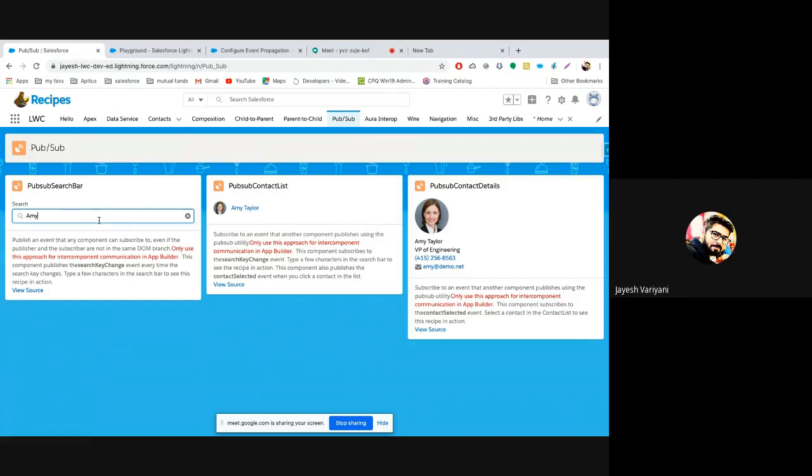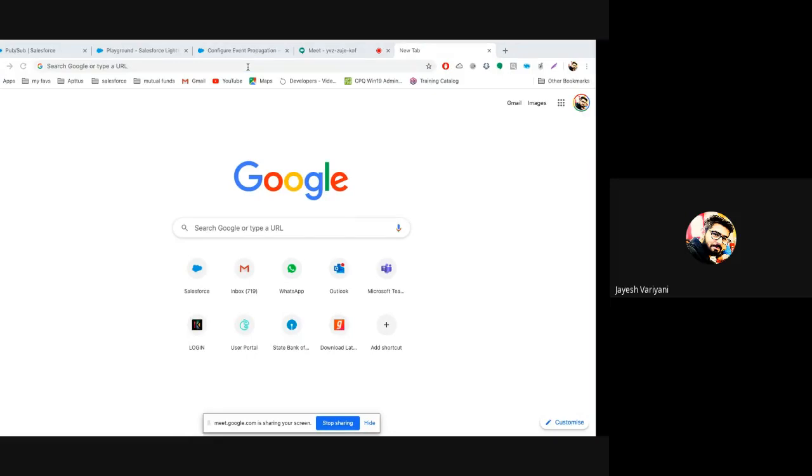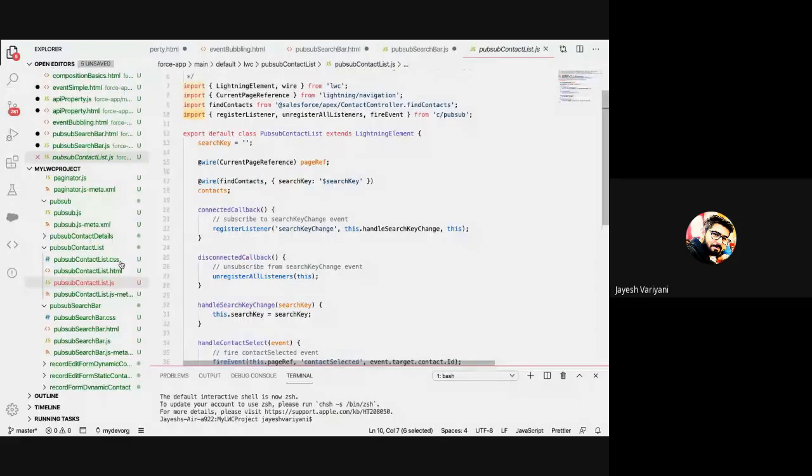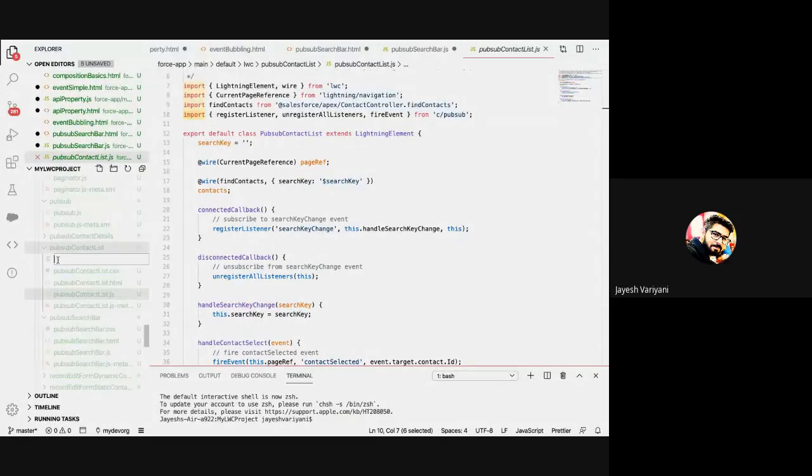Okay, yeah, it's the same. See, even I was opening that Git repository only. Okay, what I will do is I will get this file, and then I'll just create. See, simple. This file creation is really simple, right? From here you can just create a file, pubsub.js, and there you just paste it.